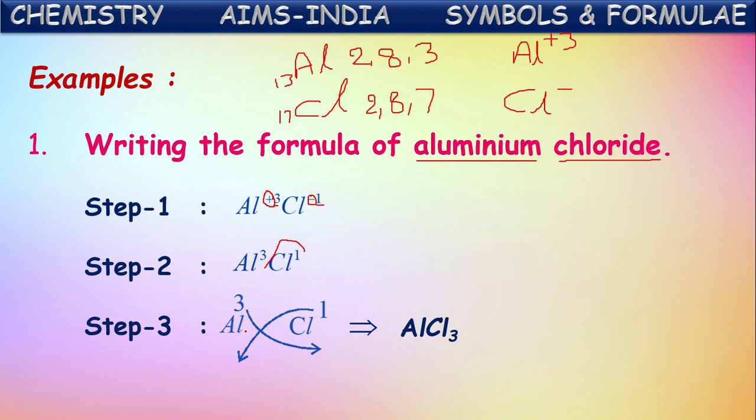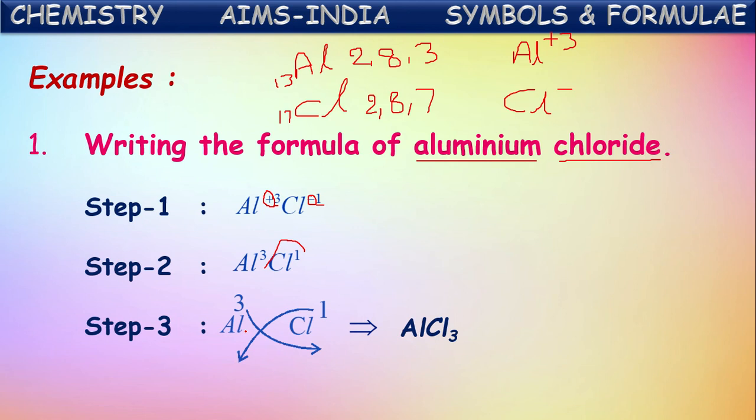By following crisscross steps. First, we have to write the positive ion followed by negative ion. In the second step, we have to eliminate the common factor from their valencies, if there is any. After the elimination of common factor, we have to ignore the symbols of those charges. Then we have to crisscross the numbers. Crisscrossing means the valency remaining on the second ion should be written at the right bottom of the first ion, and the valency of the first ion remaining should be written at the right bottom of the second ion.